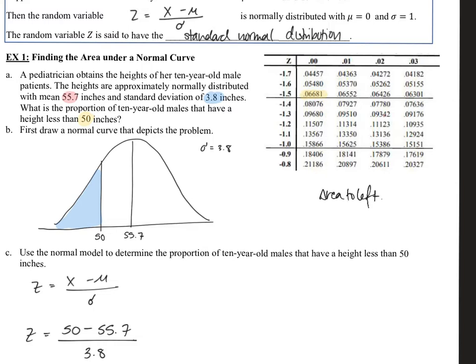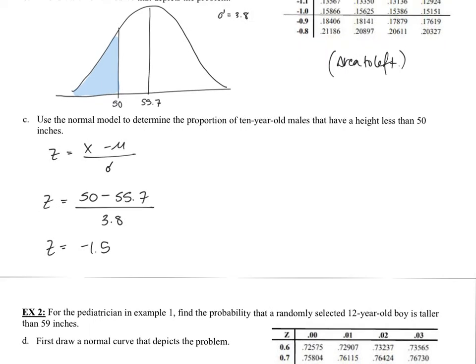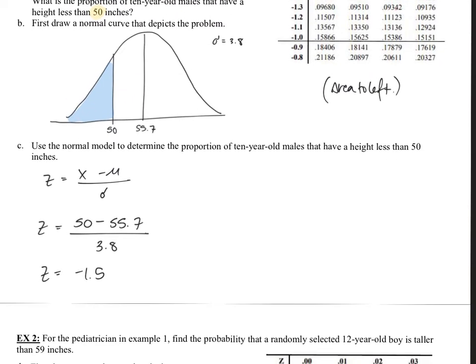So if we're changing the way we're looking at things, we might have to do a bit of fiddling. But always remember, this is the area to the left. So what is the probability? Well, it is 0.0668, which we could round out, but we'll go ahead and leave it as the given decimal. So the answer is